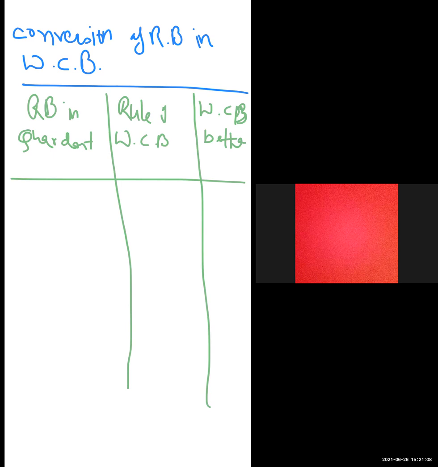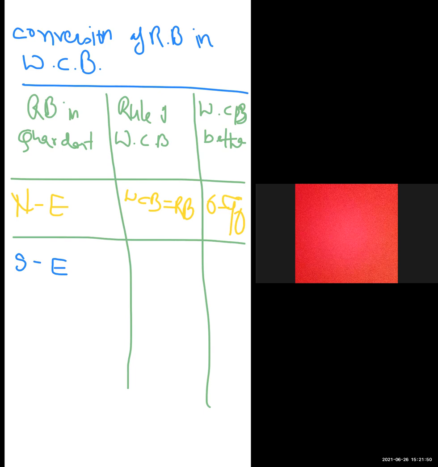So if the RV coordinate is northeast, then WCB equals RV, and the angle in WCB is 0 to 90 degrees. If the angle is in the southeast coordinate,